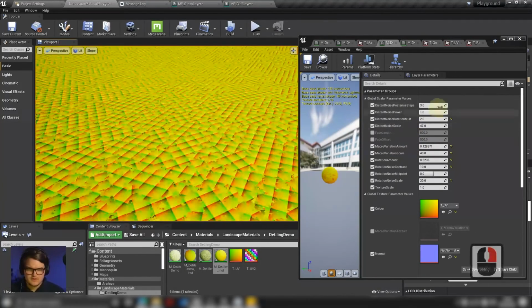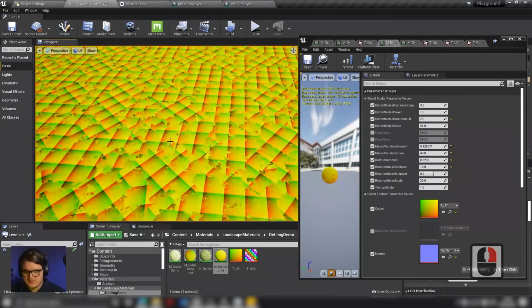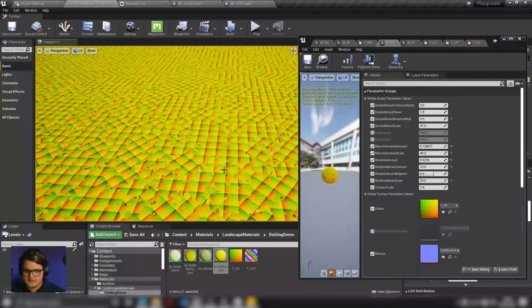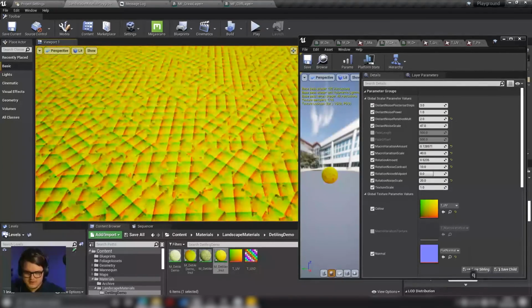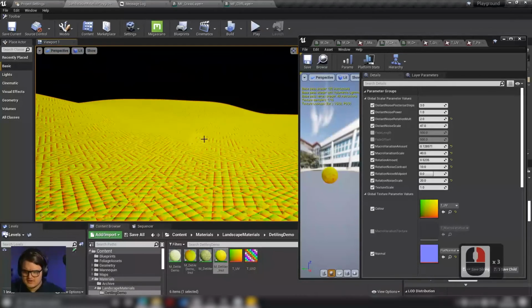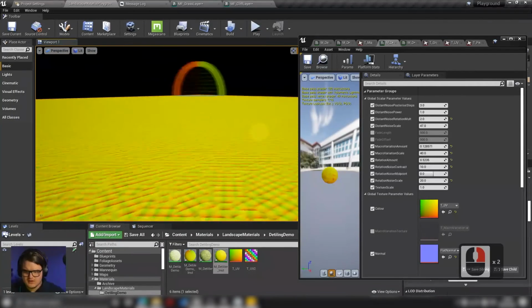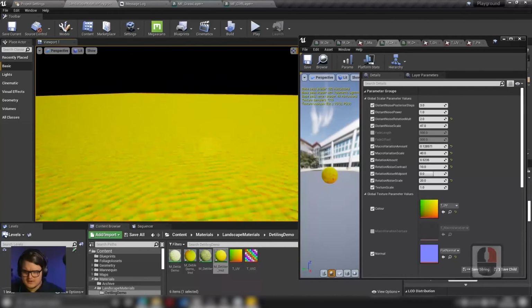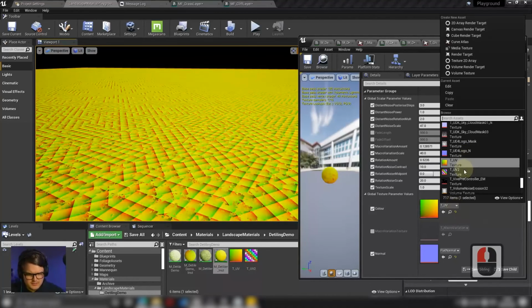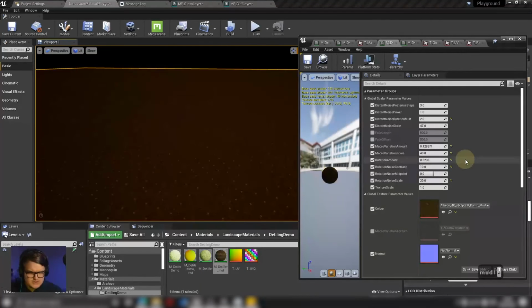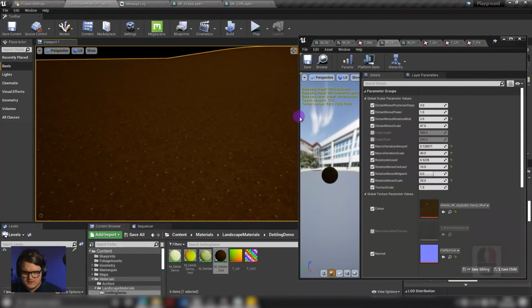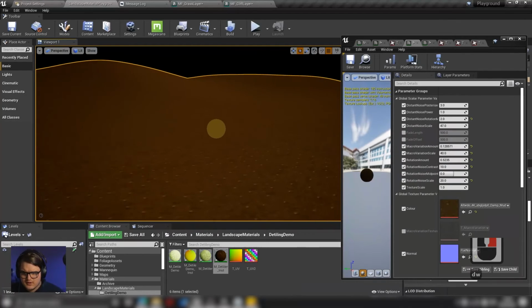So here we are. I've tweaked the parameters a little bit, left lots of them at their defaults, but just tried to break up the interior of each of these square patches a little bit more by playing around with the power and the posterized steps. There are other things that I could do here to help increase the sort of smaller areas as well as the larger areas. These larger areas are looking pretty good for me. I don't see any long lines along any specific direction. So if we turn this back to mud,